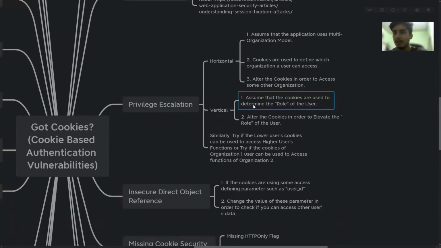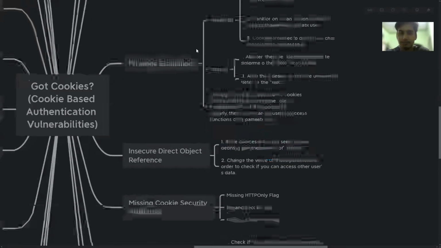You can try to alter that role parameter and see if you can elevate your privileges from a normal user to an admin user, or from a moderator user to some higher-level user, right? Similarly, the lower user's cookies can be used to access a higher user's functions, or you can try to replace the cookies and see if you can access those functions. It's more of a direct request, but yeah, you can still try it.